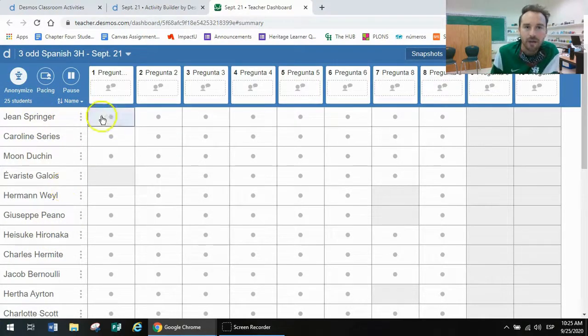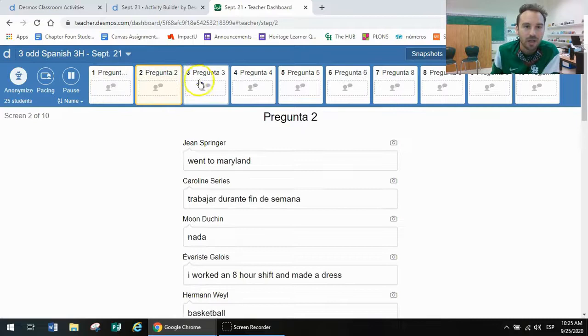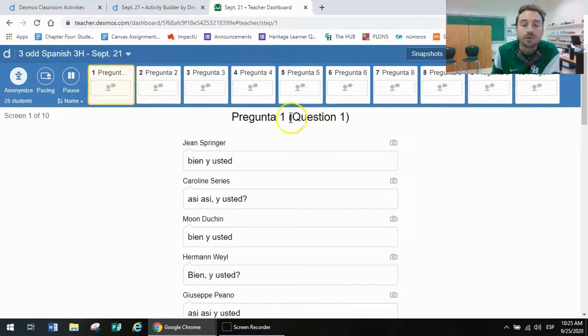You got your roster on the left, and then at the top, you can add questions or modules for students to interact with. In my case, I want to be able to come up with questions on the fly. So I've just put placeholders here. You see this? It just says question 1. It doesn't actually contain the content of question 1. It's just a placeholder question because you have to have this Desmos activity set up beforehand, and I don't know what I'm going to want to ask. So I just put the placeholder questions there,